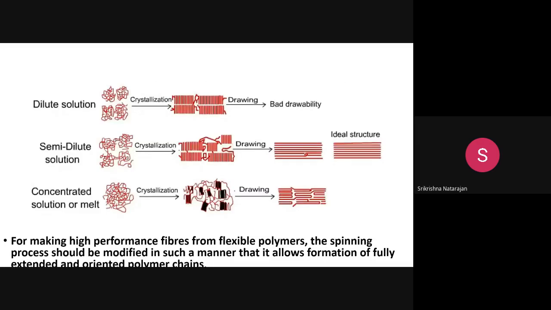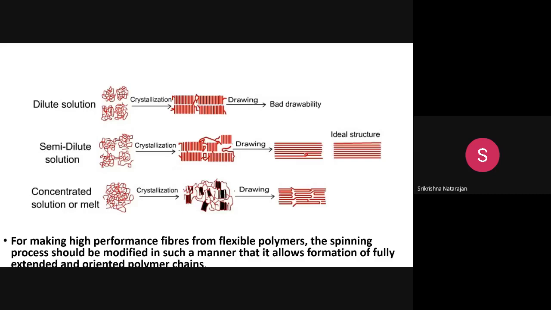This is the first discussion which we saw. If you make the concentrated solution, if you take 100% polymer, dissolve it and make a concentrated solution, or you do the melting, there also you are going to get crystallization, because crystallization is a part of fiber manufacture. During the fiber manufacture itself some crystallization happens, in drawing it will be more, and in heat setting it will be still more. So at every stage it happens.